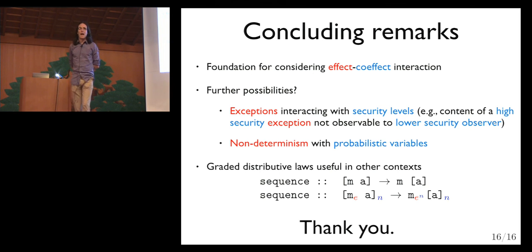Have you tried that? We did try things like that in the beginning, and actually Shinya has a paper at FOSSACS or ESOP this year, which shows you how you can decompose a graded monad into an adjunction, which is actually not that trivial. It's not as easy as the usual monad decomposition. You still have to find the limits of the Kleisli and the Eilenberg-Moore. We have thought about doing this decomposition so that we could bring out a graded monad and a graded comonad from the same adjunction and see what that interaction is. But we found that really difficult, and we didn't make any progress until now that Shinya's done this work. Maybe we could think about that again. Good question.